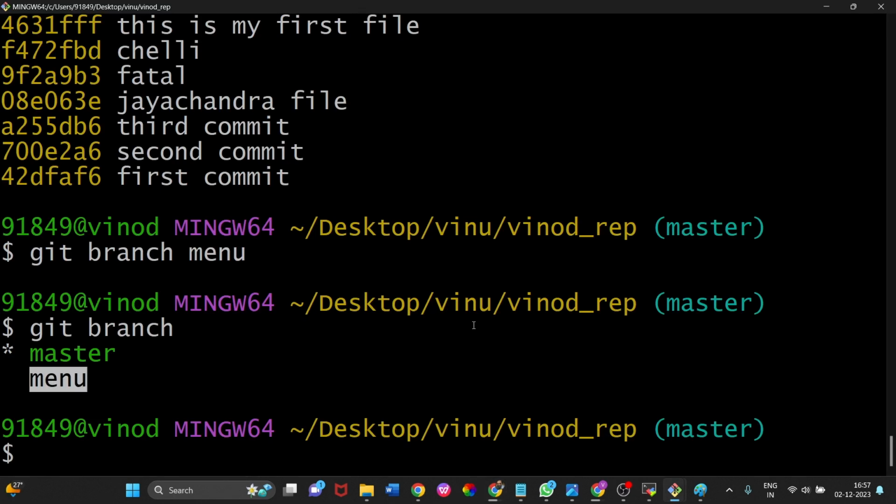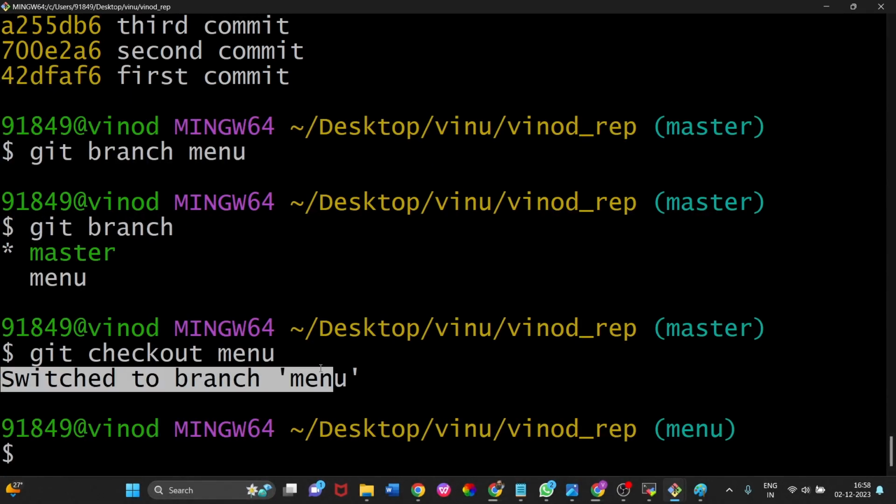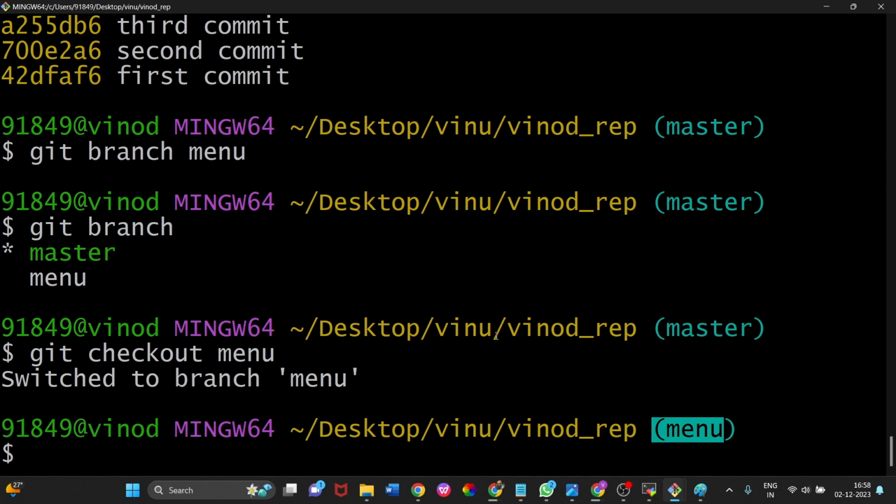So if I want to push my menu branch into the main repository, what I have to do is, git checkout is the command to switch into a branch. See, now I am switching to the branch menu. So if I want to push any files,